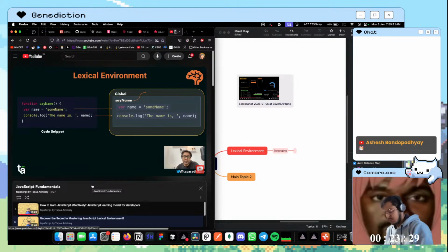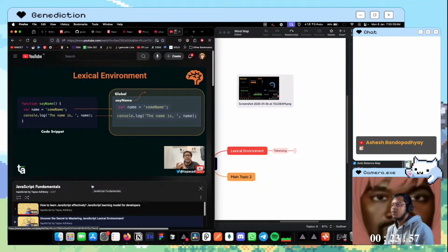Why is that pointer required? Because through that pointer, it can access things from the outside world if it is permitted. So for example, if outside of this function I had created another variable, and access to that variable is permitted within this function, the function would have access to that variable. That is where this reference is required. If there was another function outside of this function, as the sayName function has a reference to the outside world, sayName would have access to that outside function also.